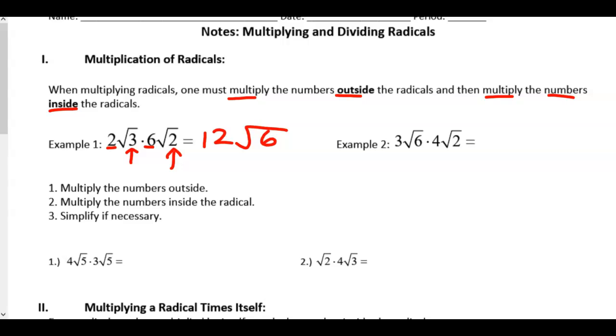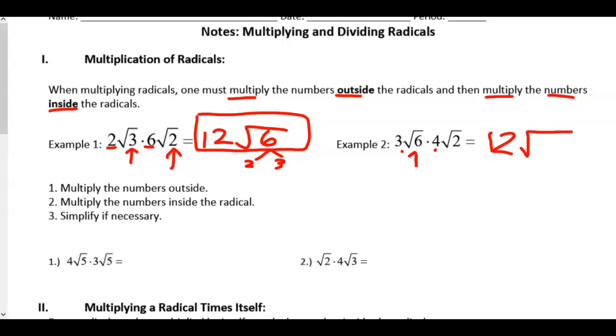That was easy, right? Outside times outside, inside times inside. Here's the only thing. Can you reduce this 6? What are the factors of 6? 2 and 3. That's it, right? Those are prime. If there's no pairs, then you just leave it like that. If there's pairs, you got to break it down. What about the next one? What am I going to multiply? Outside times outside. 3 times 4 is 12. Square root. What's on the inside? What am I going to multiply? Square root of 6, square root of 2. 6 times 2 is